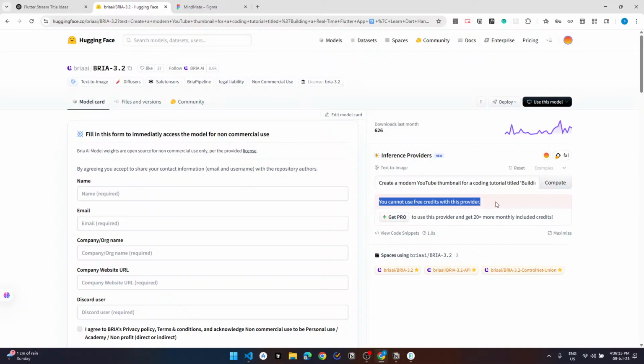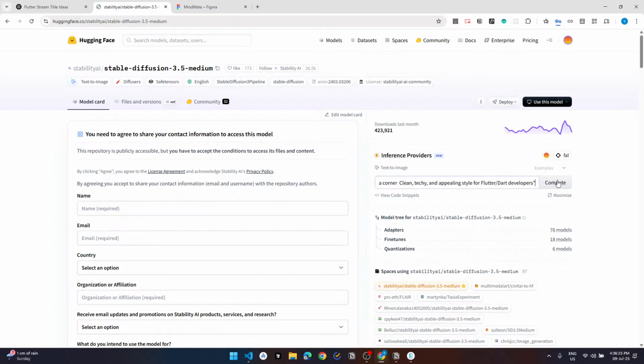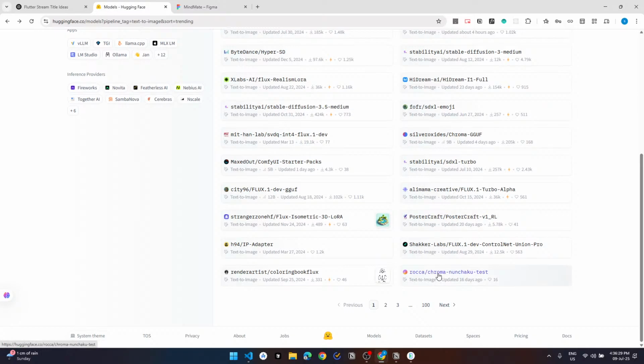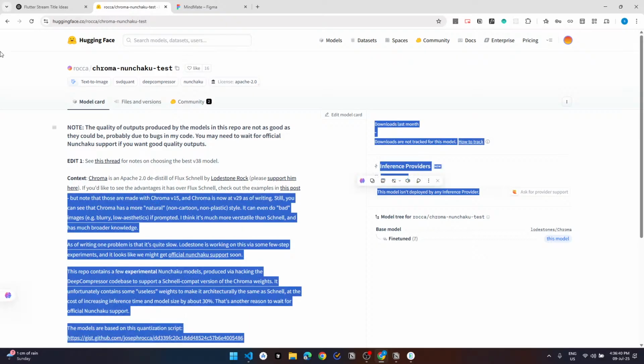Cannot use free credits with this provider. To use this provider, get credits. I'm not going to buy any of this. Wow, nice. Try this one. This model isn't deployed by an inference provider.